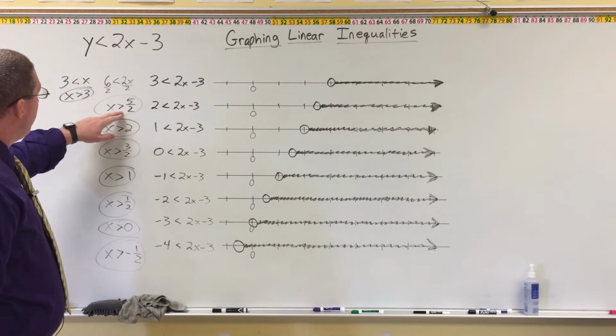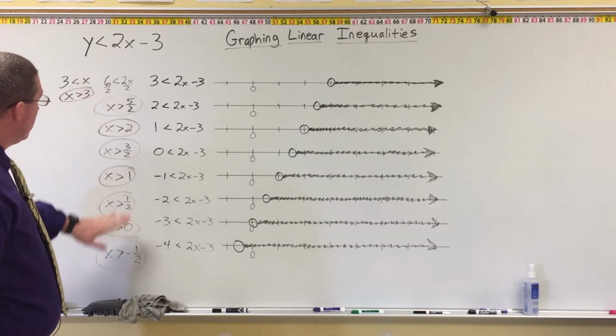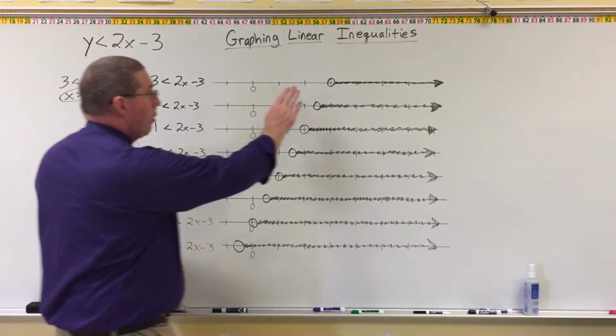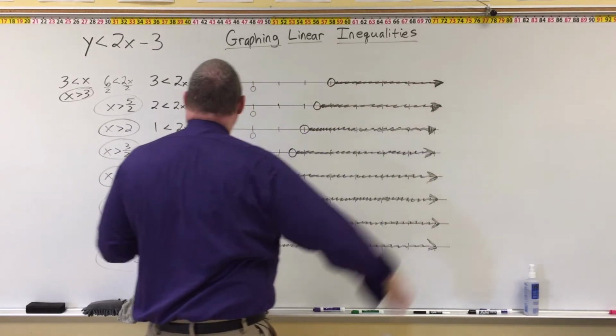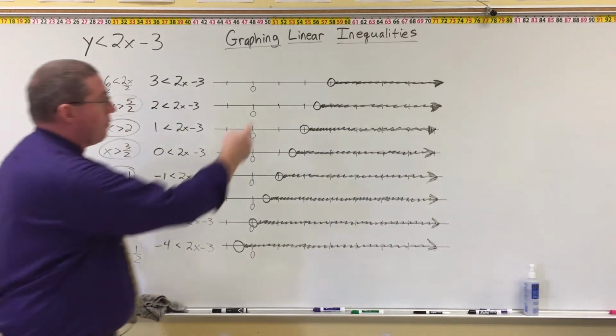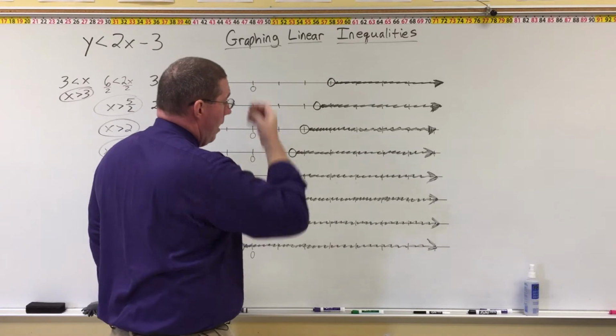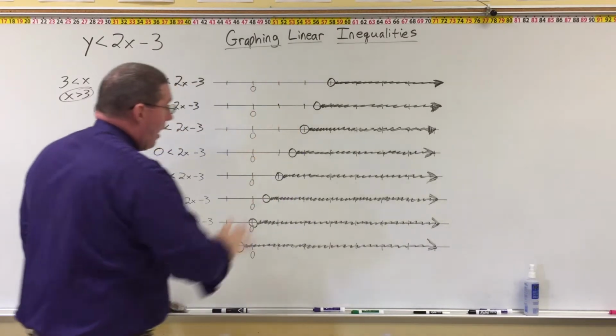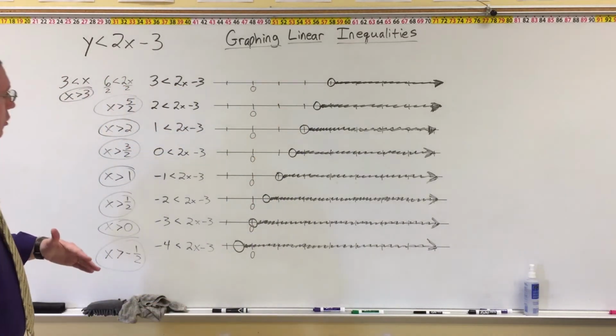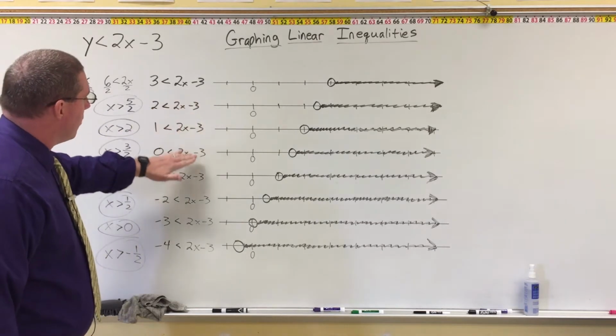And so, I have all these solutions. They're all greater than, and therefore the arrow is on the right side going to greater than. Because it doesn't say or equal to, I have an open circle, right? And they're all 8 independent. But here's the interesting thing. Because they're all actually the exact same,